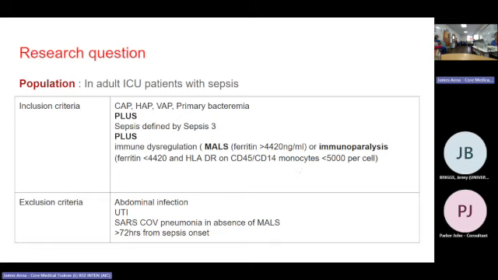Given that it's a phase 2B study, they had a very specific population that they studied. So it was ICU patients with sepsis, as defined by the Sepsis-3 definition. And they looked at very specific diagnoses. So it was community-acquired pneumonia, hospital-acquired pneumonia, ventilator-associated pneumonia, or primary bacteremia, which is where you can't find the primary source of sepsis. And also they had to fulfill the